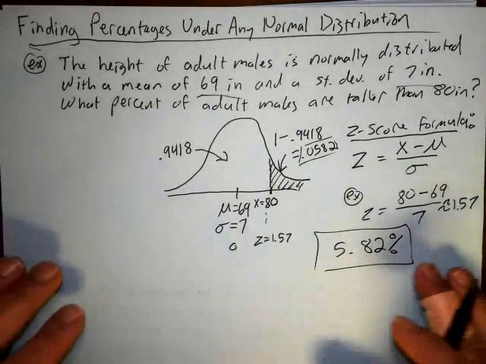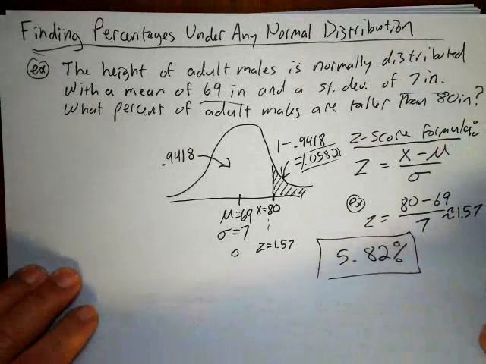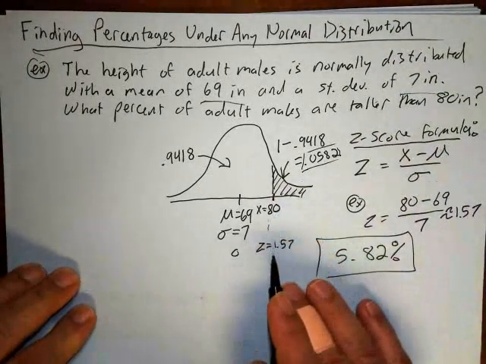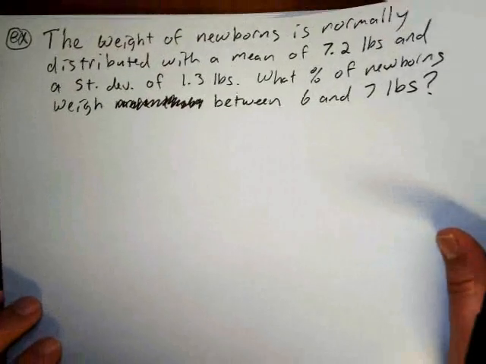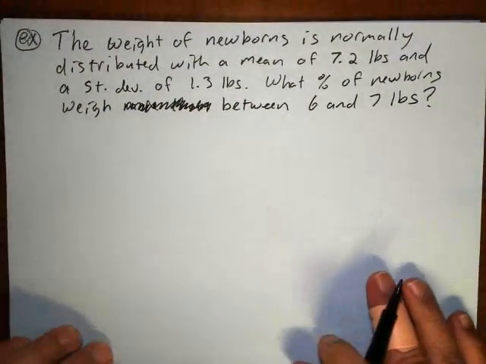So, this is kind of the big finish, actually, to the whole class. This is the last thing we're going to do this semester. And so if you got this, if you see what we're doing here, how we're getting the z-score before looking it up on the table, you should be good here. So let me do another example, and then the next couple of videos I'm going to give some for you